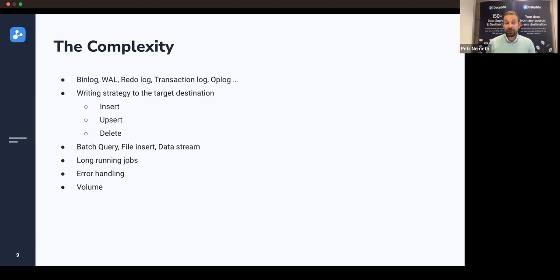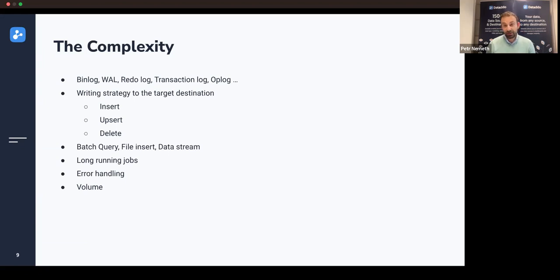Then, of course, the other thing is you will definitely need to consider the way to maintain and run long-running jobs, because, of course, yes, if you are transferring a couple of rows, it's fairly easy, but then in this case you will probably not need CDC. When you need CDC, you can expect that the jobs might take a while, and by a while I mean tens of minutes or even hours. And of course, this means that there has to be a way for you to handle, monitor, and maintain those